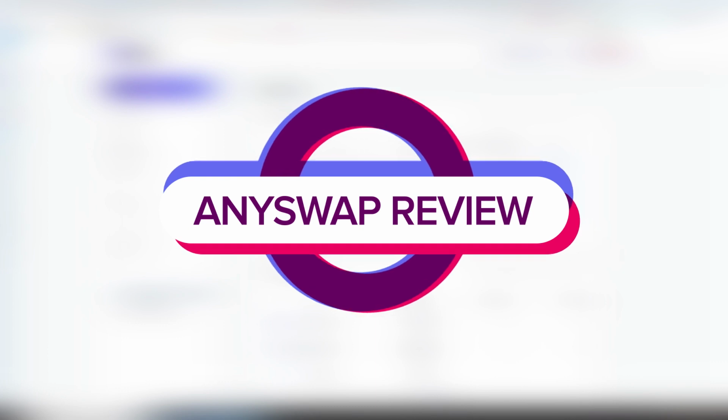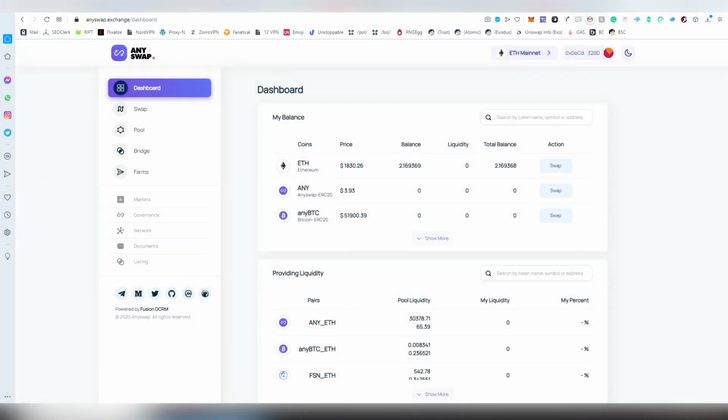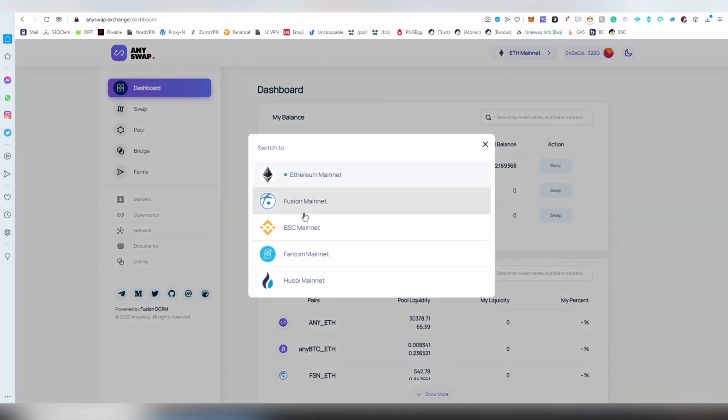I am, of course, your host, Blight Liger here, and today we're going to be talking about the AnySwap exchange, which is basically a cross-chain DEX. A very interesting one, and it's operating on multiple blockchains as of right now, such as Ethereum, Fusion mainnet, the Binance Smart Chain, Huobi, and Phantom mainnet, and basically allows pooling, bridging, and swapping throughout these blockchains that they